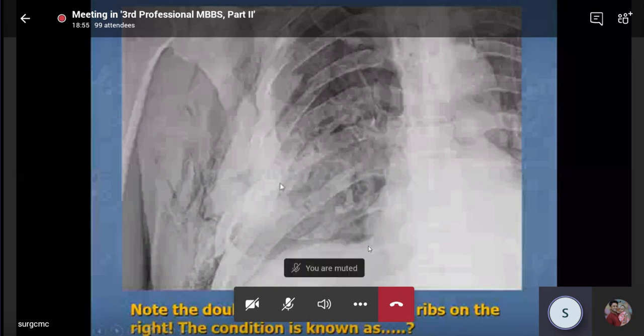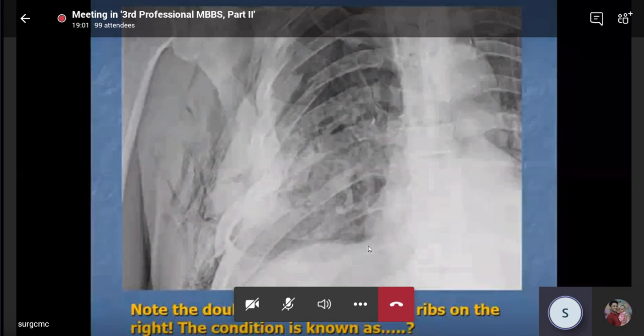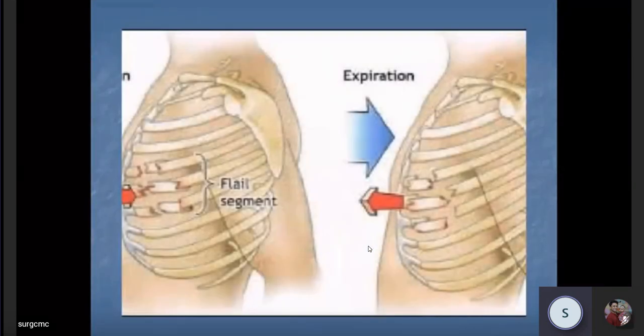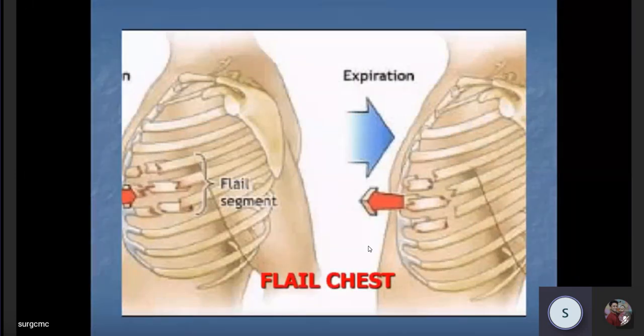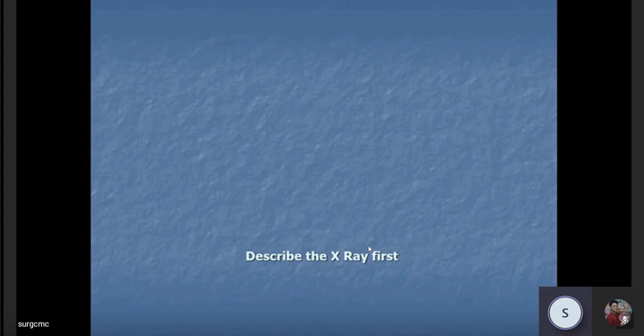Okay. So there are multiple rib fractures, and in a few ribs you can see multiple fractures in a single rib also, I mean, more than one. So that leads to a condition known as flail chest. I believe you know the pathology of flail chest. We are not going into the details. So this is a broken fragment attached only with pleura. So with respiration you can see paradoxical respiratory movements, and in Stove-in chest.